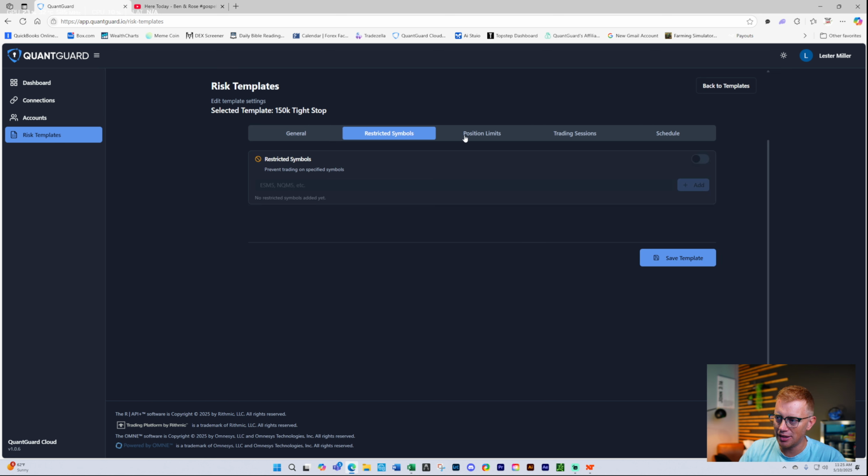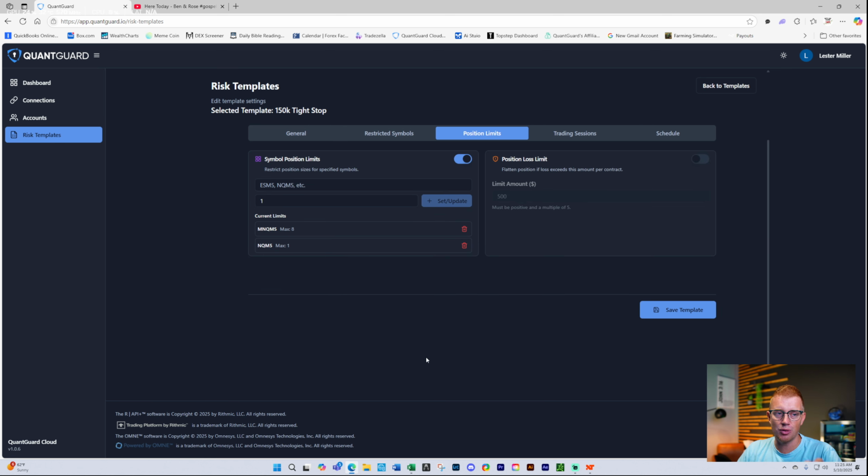Restricted symbols, I don't have anything set on that. Position limit, that's also very important. And I changed this. I had my position limit at 2 minis and 20 micros. Reviewing my trades, this is something that was crazy to me. All of my big losses were where I was over 12 micros long. It wasn't that I went 12 micros right away, but I DCA'd, maybe 2 micros in the beginning and then 2 more and then 4. And all of a sudden I'm 10 or 12 micros deep and the price keeps going against me.